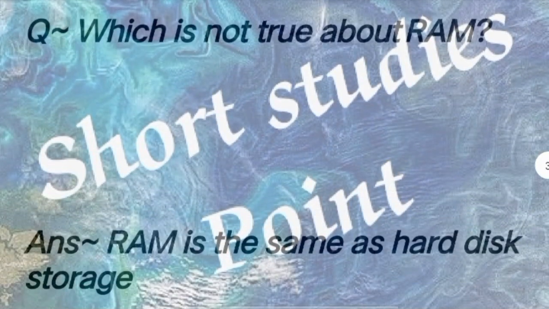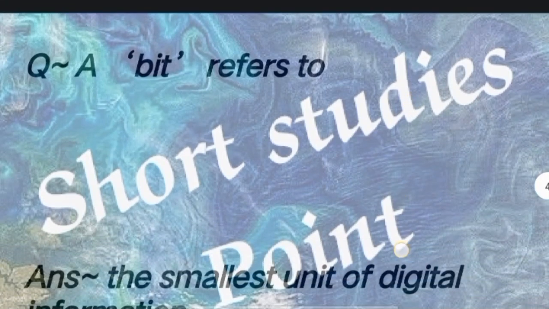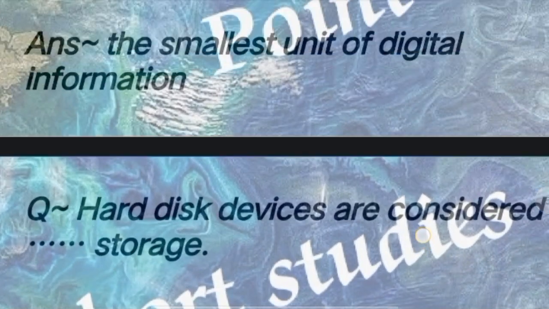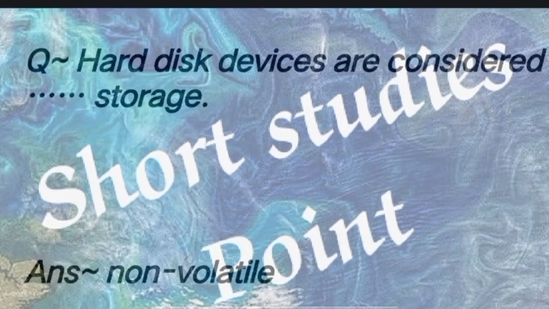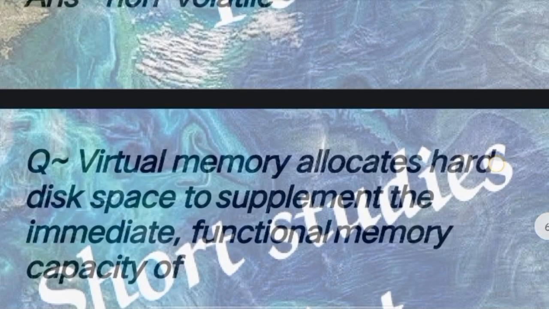Next question: which is not true about RAM? Answer: RAM is the same as hard disk storage. Next question: a bit refers to answer: the smallest unit of digital information. Next question: hard disk devices are considered dash storage. Answer: non-volatile storage. Next question: virtual memory allocates hard disk space to supplement the immediate functional memory capacity of answer: